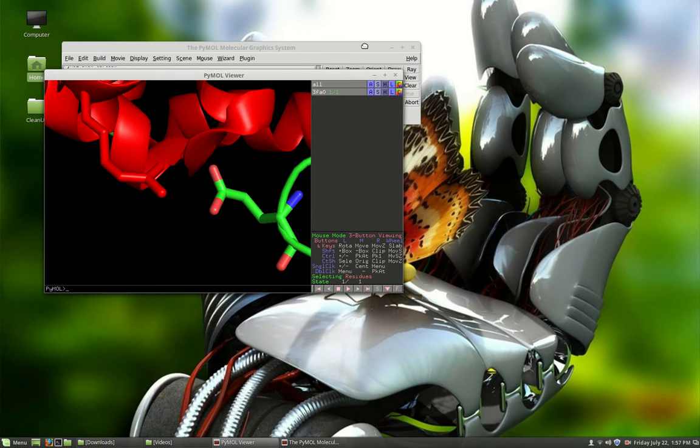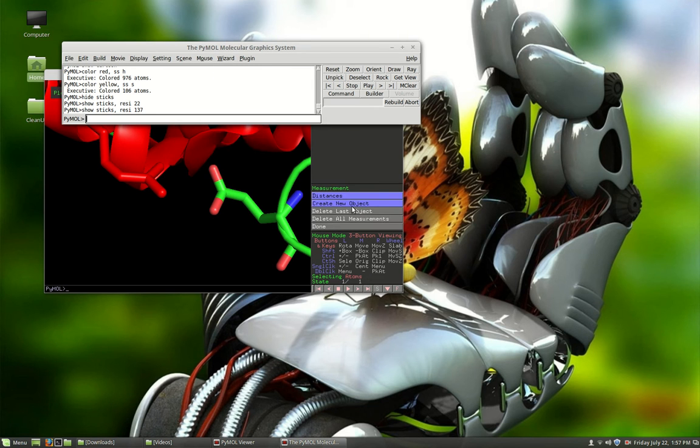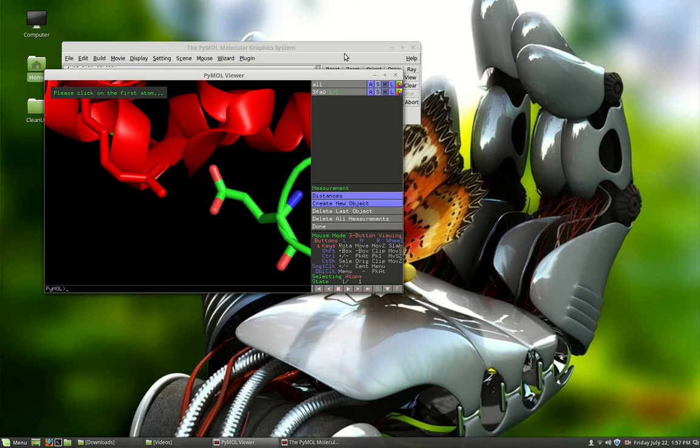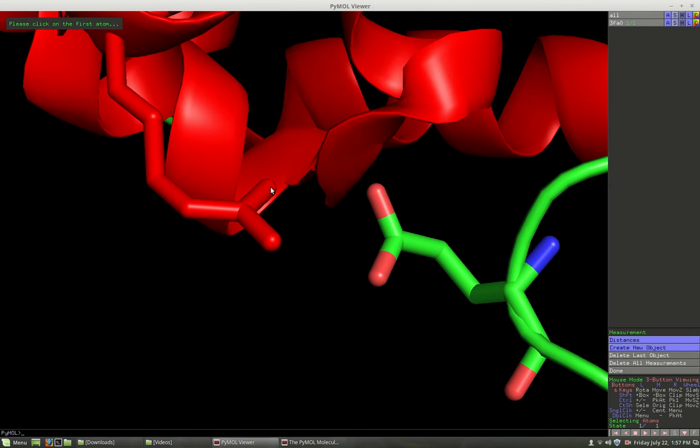I'm going to shrink this down, and I'm going to go to Wizard, Measurement, and I'm sorry, let's do distances. Okay, so make sure we've got that set as distances, and we can click here and here, and see that that's 2.8. Click here and here, and see that that's 2.9. All right, those are just some of the interesting things we can do here. And now I'm going to delete all measurements,